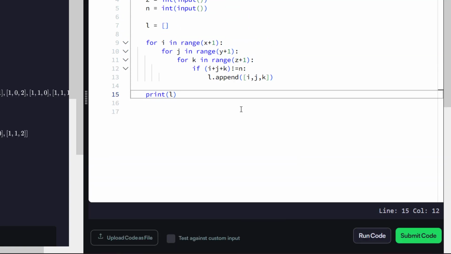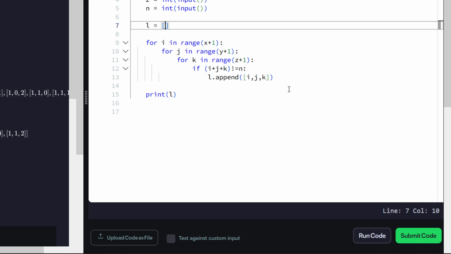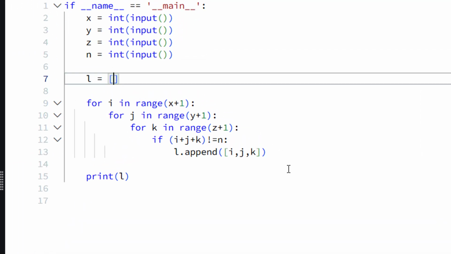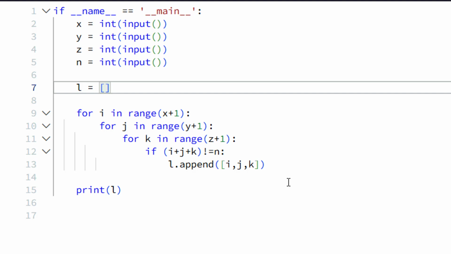That is fine, right? Now how can we make it inside a list comprehension? So the thing is, we are going to create a list, right? So we are creating a list of i comma j comma k for i in range x plus 1, right?